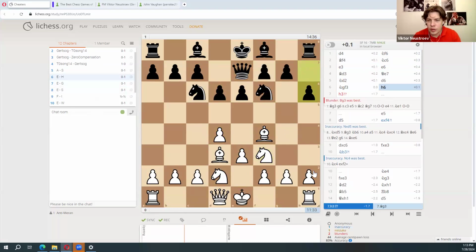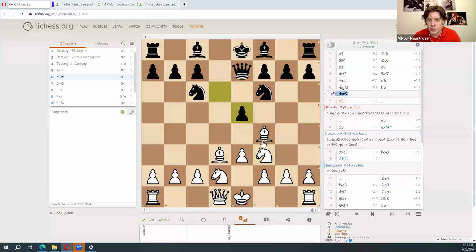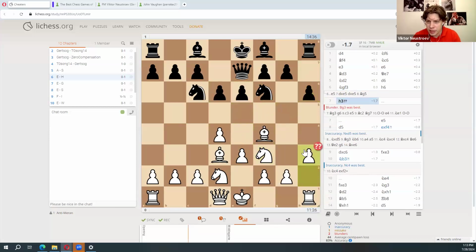And this is where white makes a serious mistake, because one of the common ideas is to play this move. So they cannot play e5 right away because d takes, bishop g5. And now e4 doesn't work because of the pin. But once h6 is played, it works. And white completely misses it, playing h3. Now e5. Okay, so white is in a tough situation.